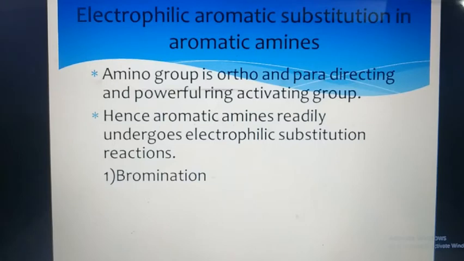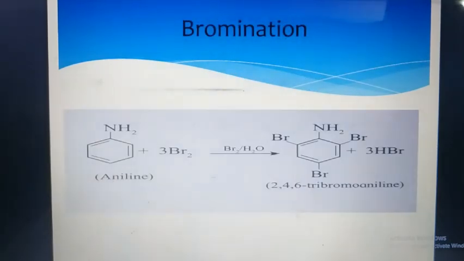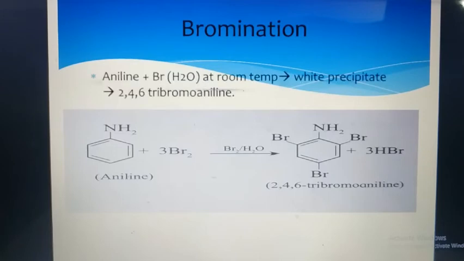So first we are going to see bromination, second nitration, and third the sulfonation reaction. So let's begin with the first reaction, that is bromination. Here in the name itself you can see bromination, that is the addition of bromine group on the benzene ring on the respective position. Here you can see in the reaction aniline when it reacts with bromine at room temperature, we